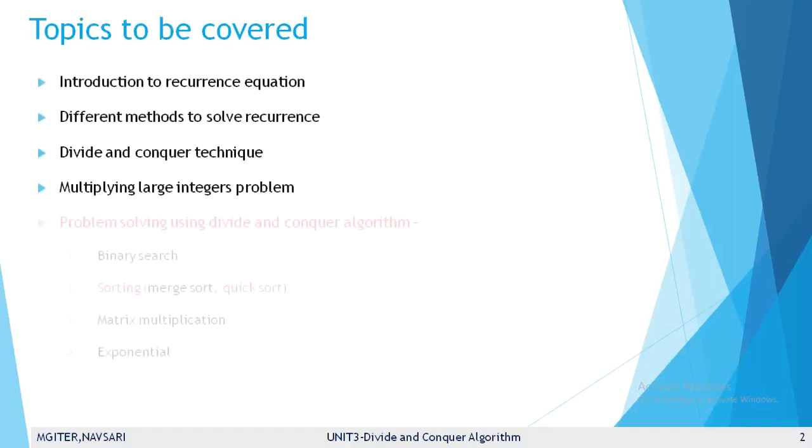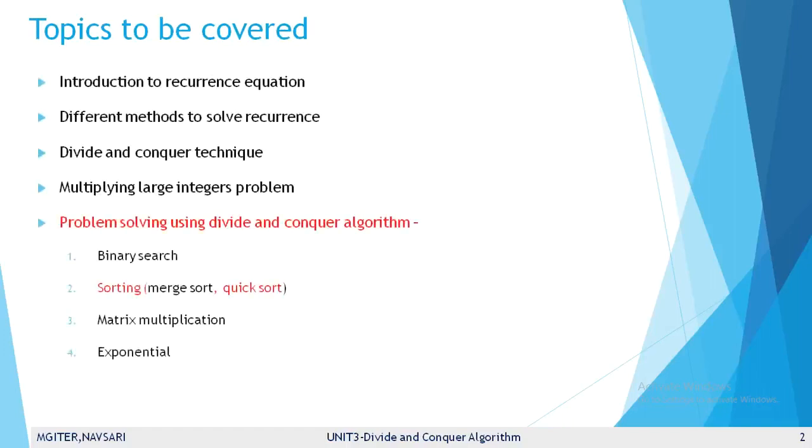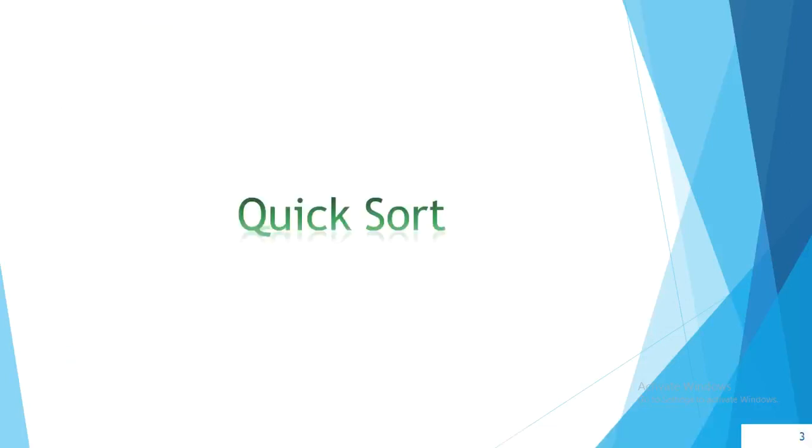Today we are going to learn about part 3 of unit number 3, in which we will learn about sorting. First of all, we see quick sort. Now we see what quick sort is. Quicksort is a sorting algorithm that uses the divide and conquer strategy. In this method, division is dynamically carried out. The three steps of quicksort are as follows.